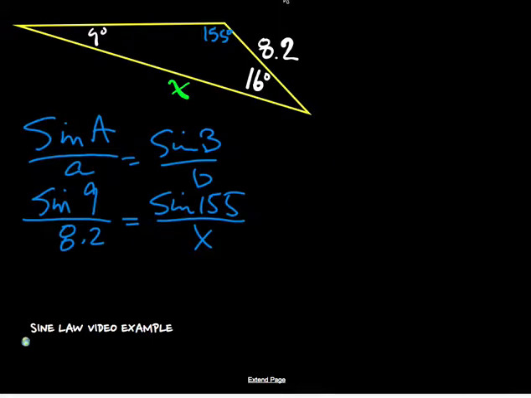Okay, this is part 2, and so we're just going to review what we did in the first part here. We had this triangle, and it's not a right angle triangle, so I can't use SOHCAHTOA, so you've got to eliminate that from your brain, that SOHCAHTOA is an option for you. I did find out that this angle right here is 155, from 180 subtract 9 subtract 16,